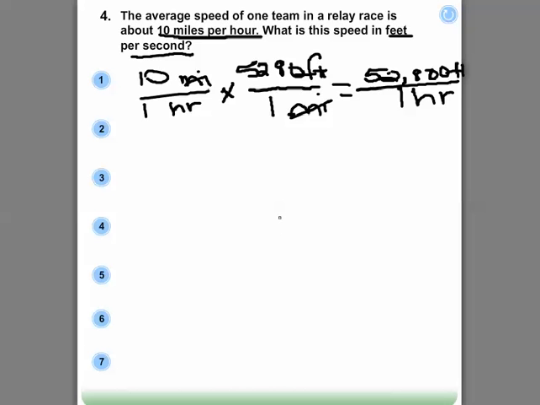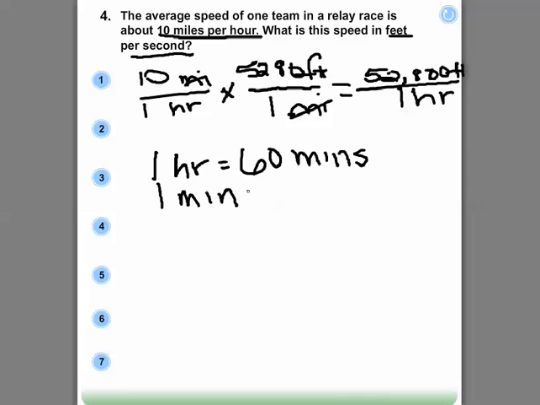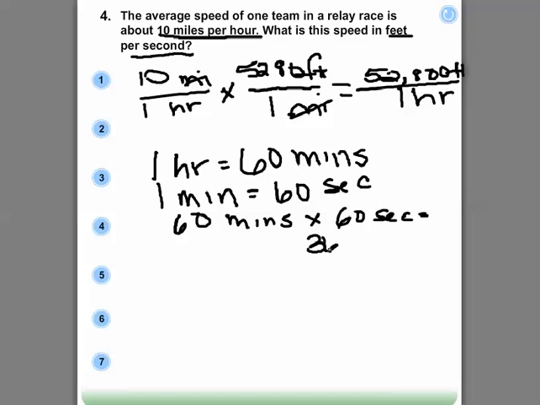And then we have to do it a second time because this is feet per hour and we want feet per second. So in 1 hour, we have 60 minutes. And in 1 minute, we have 60 seconds. So to find out how many seconds are in an hour, we multiply 60 minutes times 60 seconds, and we get 3,600 seconds. So we'll take our second fraction that we just found out, 52,800 feet per 1 hour,